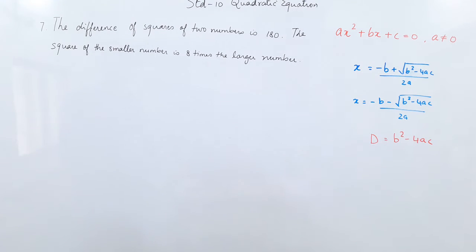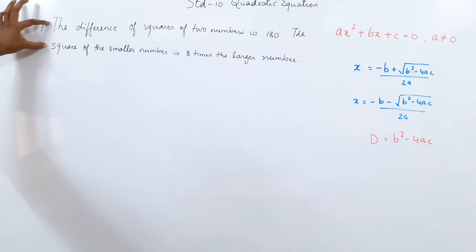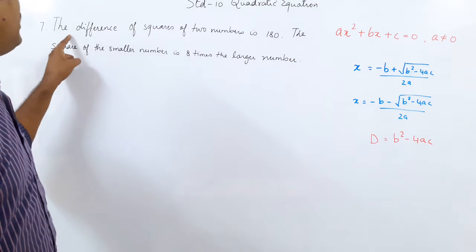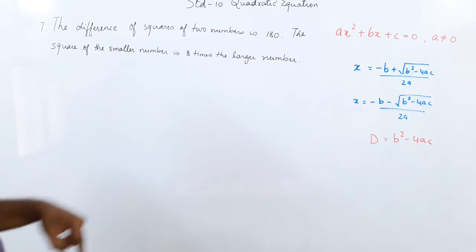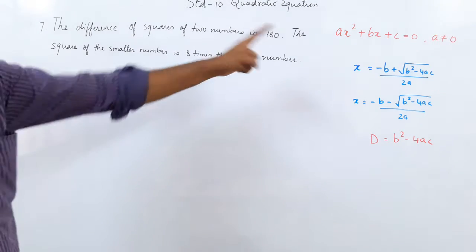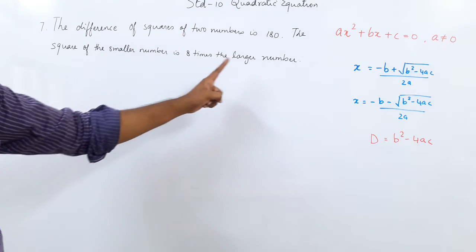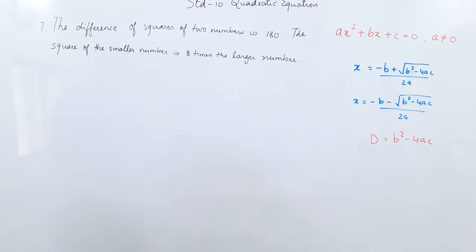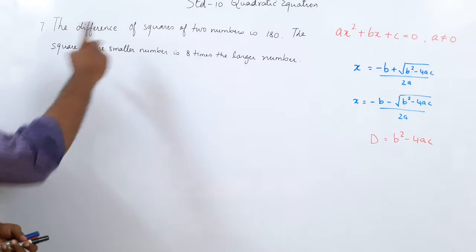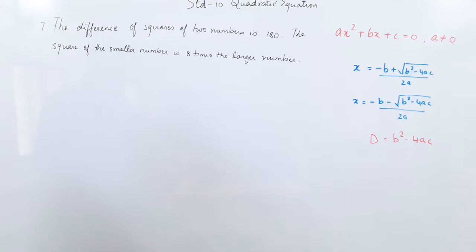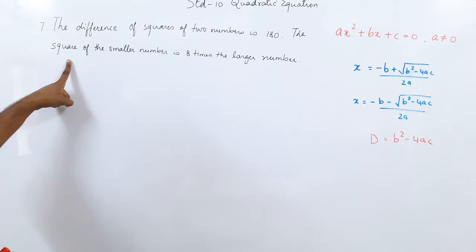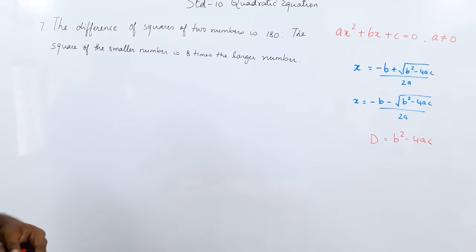So whenever you are solving the sums, you can see there are two relations given. One relation is that the difference of squares of two numbers is 180, and the second relation is that the square of the smaller number is 8 times the larger number. Now what you have to decide is which is the initial statement you will take. Okay? Now in the previous sum you saw, I took the present age as x. In this sum I have to decide what is the x I should take. Should I take the smaller number x? Should I take the larger number x? What should I do?